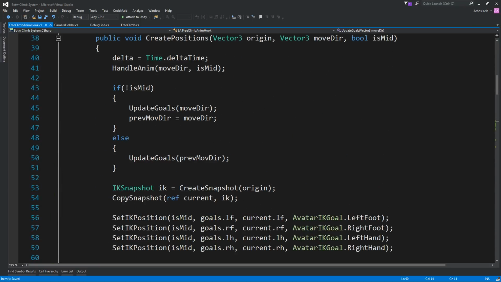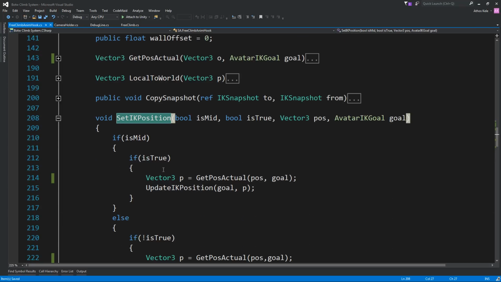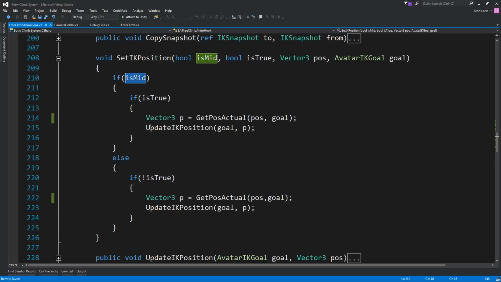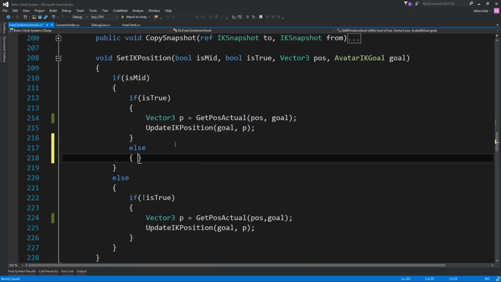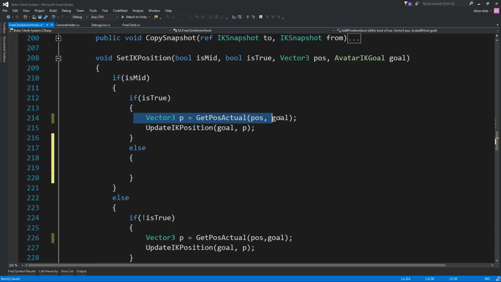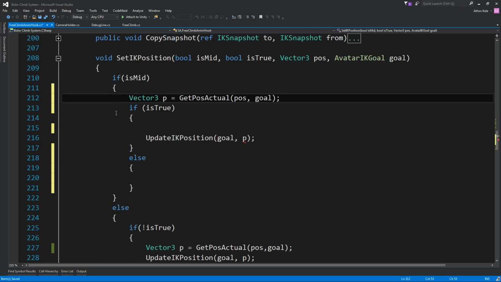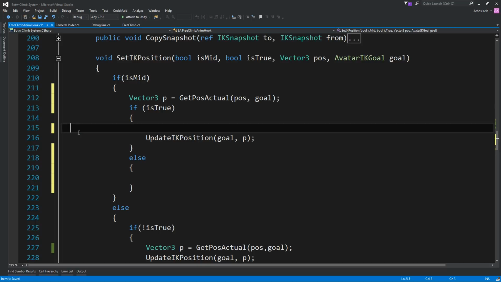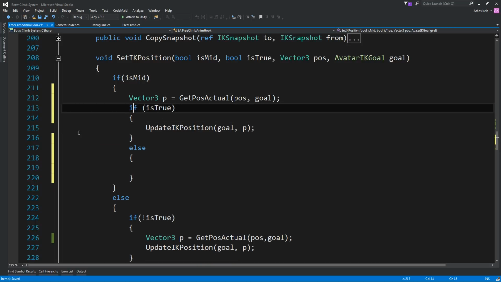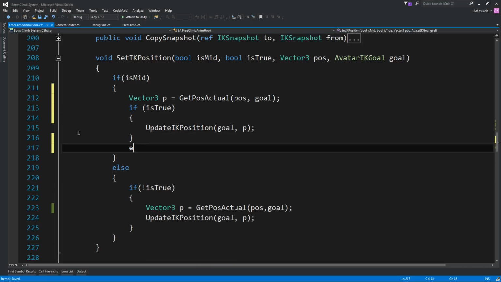Set okay position, okay, if it's true, if it's false, is mid, is true, get position actual, okay. But if you are false, else, so get this over here, so find this regardless, and maybe not add it as an else.